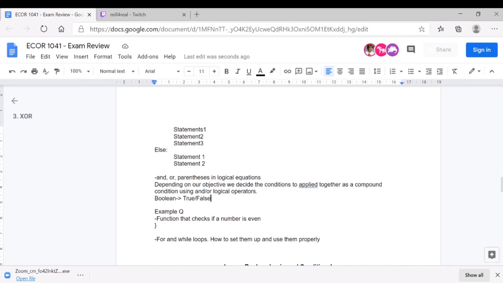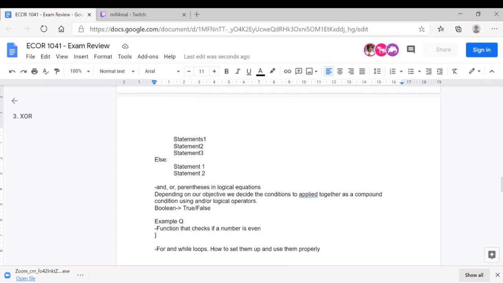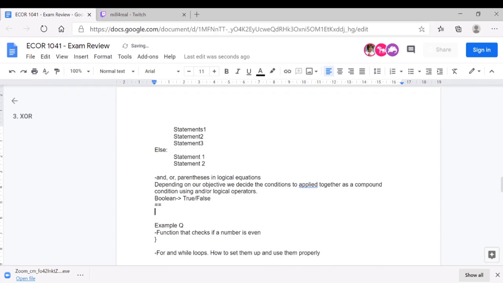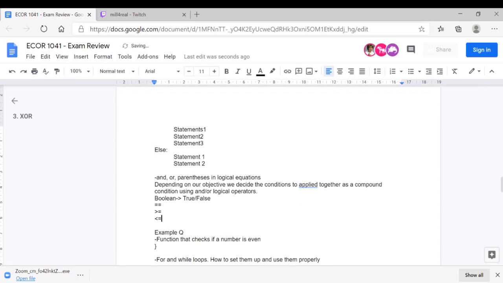And it helps us make a lot of those decisions, that every time a condition is satisfied, using our logical operators of equal to, greater than equal to, less than equal to, not equal to, which Millen described when we were talking about operators.